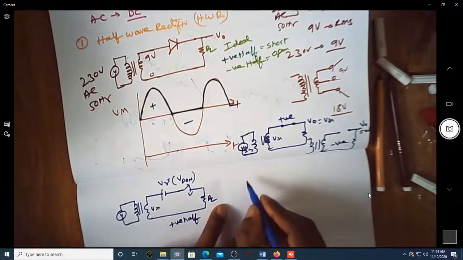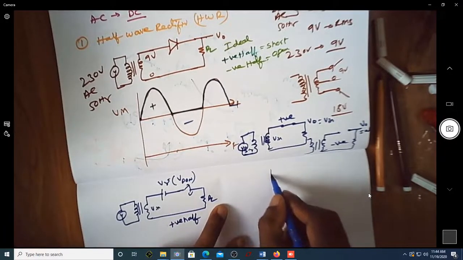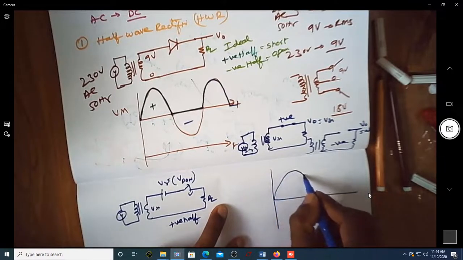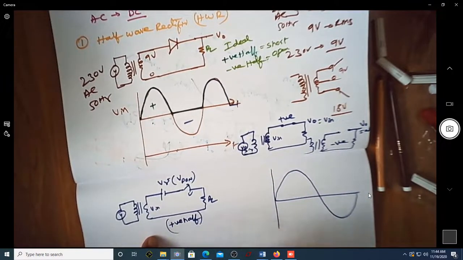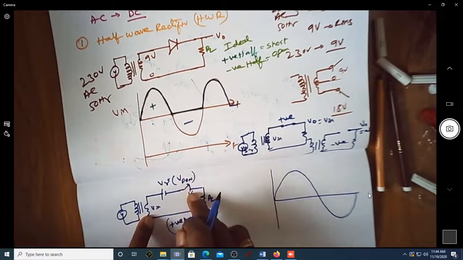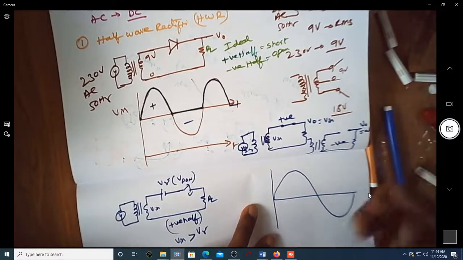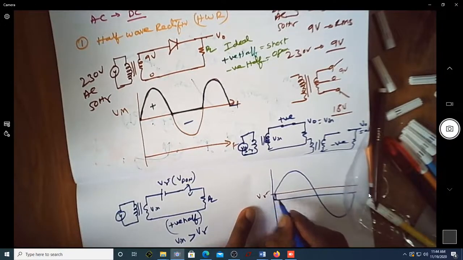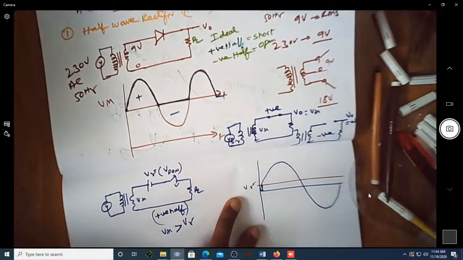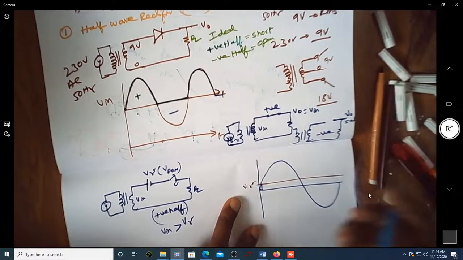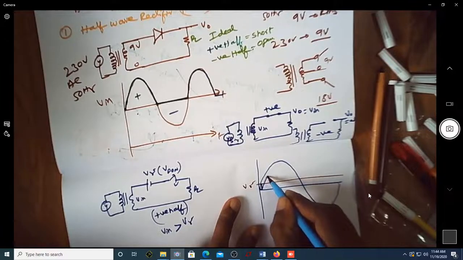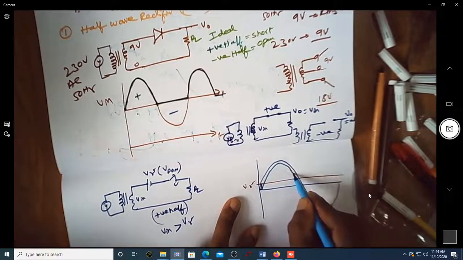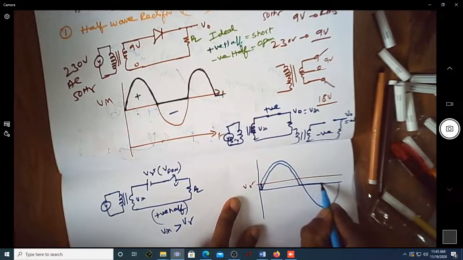During the positive half of the waveform, suppose I rewrite the input-output again. This is not fully during the positive cycle. When the input voltage is greater than V gamma, only then will this close, otherwise it is open. So if you consider this as V gamma, till that point the diode is off. Only after that voltage, V gamma, onwards you can see this is now increasing. It's not exactly overlapping. Of course during the negative half cycle it is fully off.